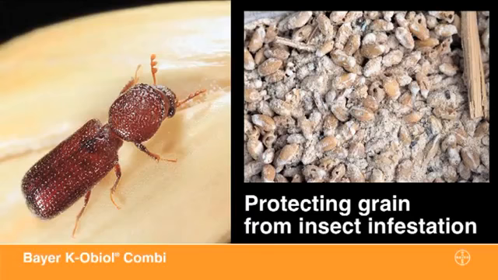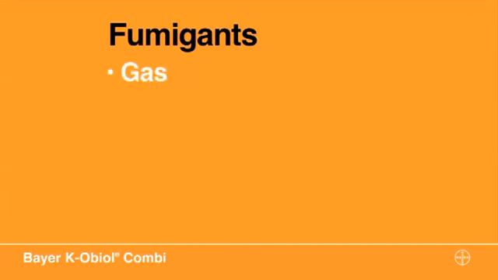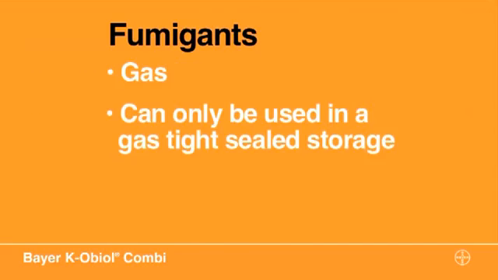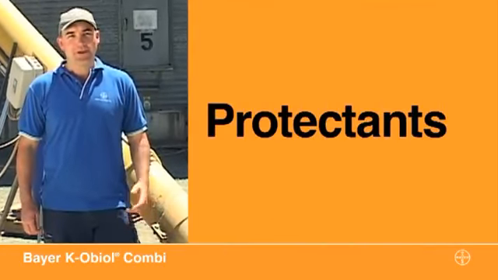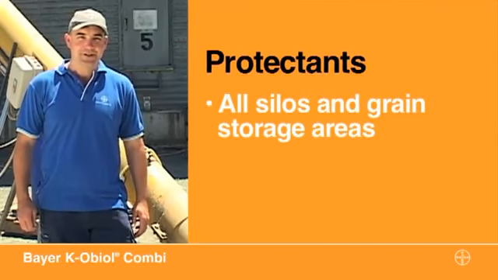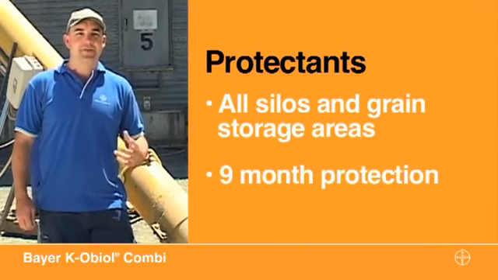Essentially, there are two ways to protect grain from insect infestation, with a fumigant or with a protectant. Because a fumigant is a gas, it can only be used in a gas-tight sealed storage and becomes ineffective once the storage is opened. K-obiol, on the other hand, is a protectant. This means it can be used in an unsealed storage and will protect your grain for up to 9 months